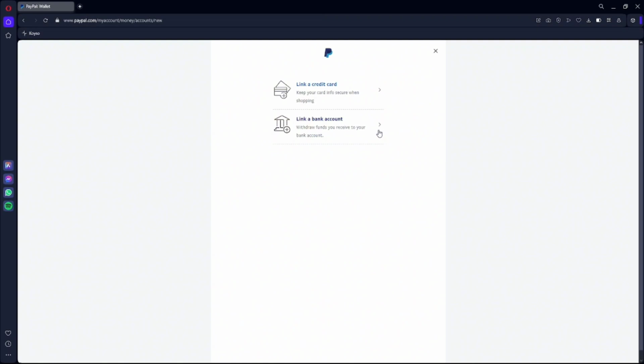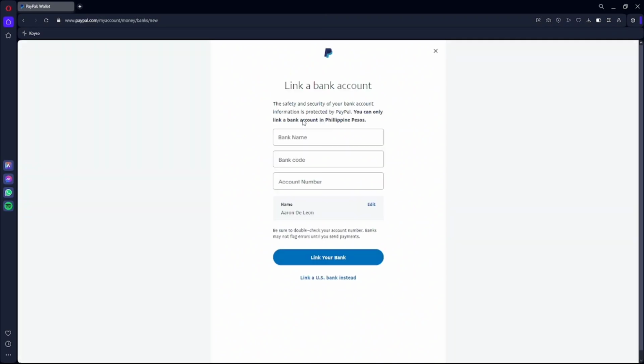And here you just need to input the bank name, your bank code, and your account number. And once you have finished inputting them, you just need to click the link your bank account or link your bank. Well, you can also link a US bank instead, and then follow the whole process and how you can link the bank account based on your bank